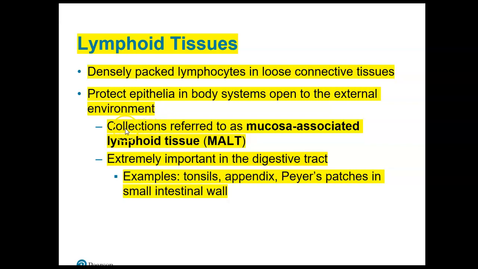So the collections of lymphoid tissues are referred to as MALT, or mucosa-associated lymphoid tissue, because these areas are lined with mucus, protected by a layer of mucus. The MALT is extremely important in the digestive tract. Examples of MALT are tonsils, appendix, Peyer's patches, and the Peyer's patches are located in the wall of the small